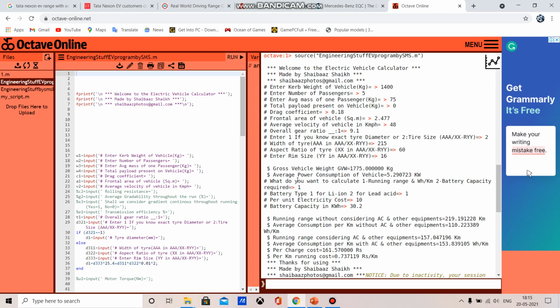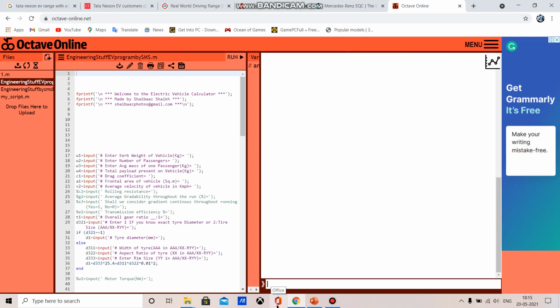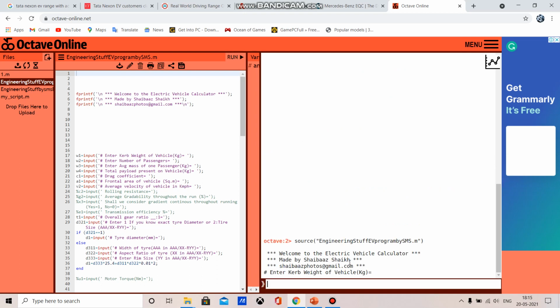Now we will calculate the battery capacity required for a 500 kilometer range. First we will clear the screen by using the CLC command. Then we will run this program again. Now we have to enter this data.